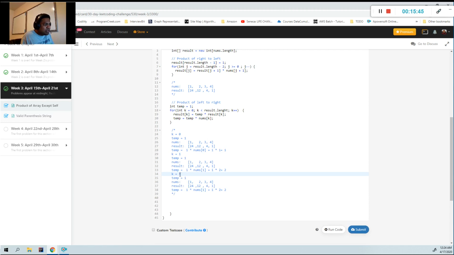Okay, now when I go to k is equal to 2, initially the temp is 2 now, right? And then when I go to the 0, 1 second index, what's going to happen? Temp is 2, and then the result of k is what? 4. 4 times 2 is 8. I'll be updating this one, and then when I go to here,